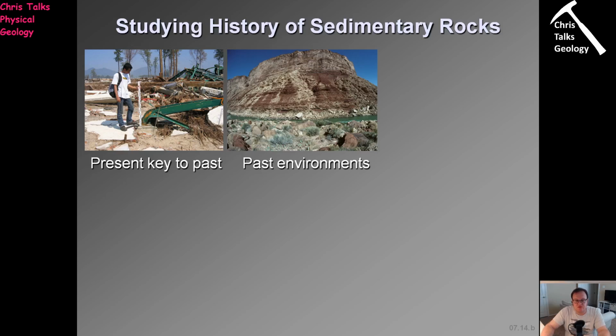And that's going to tell you about the environment. What you can see in this picture is a sequence of sedimentary rocks, from the rocks down here at the bottom, which are probably the oldest, to the rocks up here at the top, which are probably the youngest. As we go up from one layer to another, the environment could be changing. If we were standing right here at the bottom and worked out the environment in which each layer of rock formed, essentially we have a timeline, don't we,